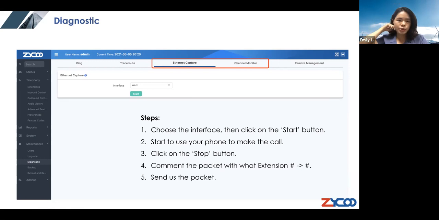So simply choose the interface, either a range or a length, and then click on the start button and grab your phone, and start making the call. After a few minutes, hang up the call and then click on the stop button on the interface. After you click on the stop button, it will automatically download a packet file. And then we would like you to comment the packets with at least